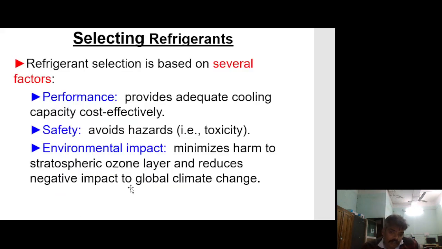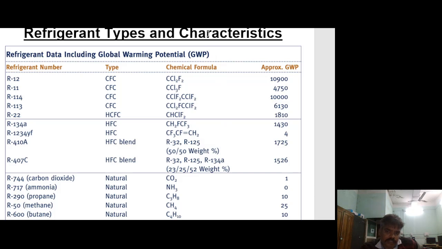Selecting refrigerant. Refrigerant selection is based on several factors. Performance: provide adequate cooling capacity cost effectively. Safety: avoid hazards, that is toxicity. Environmental impact: minimize harm to the stratospheric ozone layer and reduce negative impact on global climate change. Refrigerant types and characteristics. Refrigerant data including global warming potential: refrigerant number, type, chemical formula, approximate GWP. R12, CFC refrigerant, chemical formula CCl2F2, approximate global warming potential